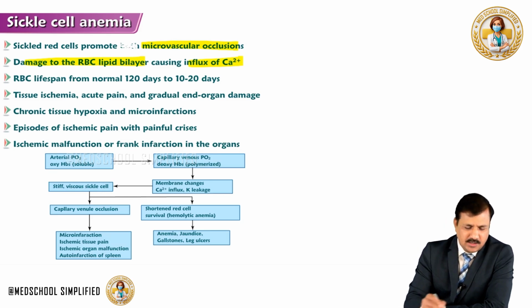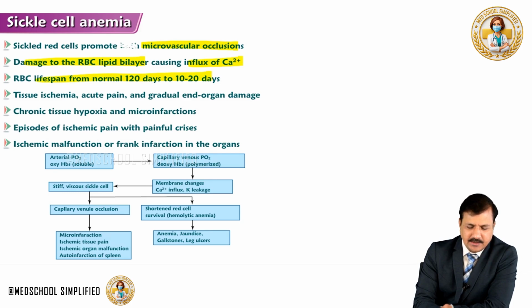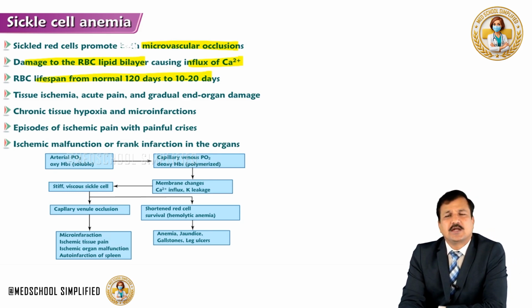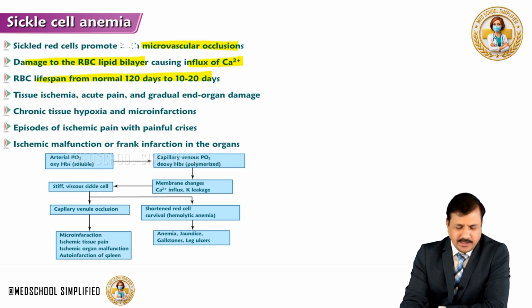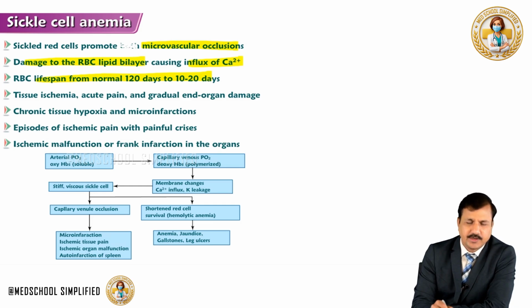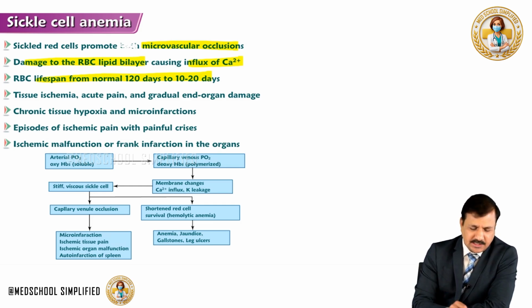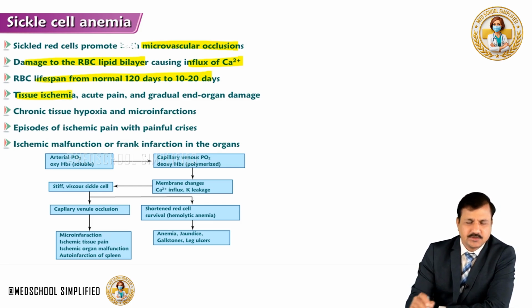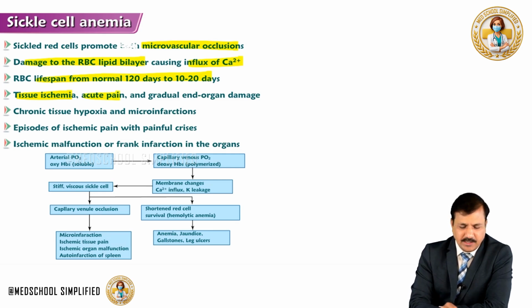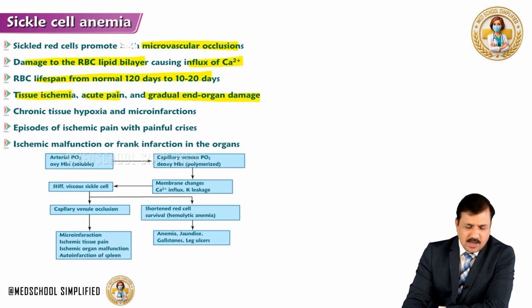And overall, because of this repeated polymerization and depolymerization, red blood cell lifespan may reduce from 120 days to 10 to 20 days. And RBC sickling will lead to tissue ischemia, acute pain and gradual end organ damage, and chronic